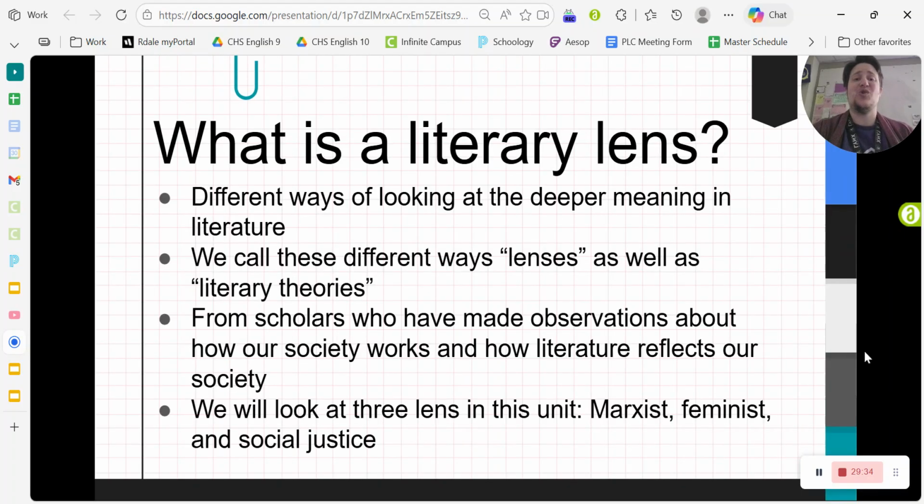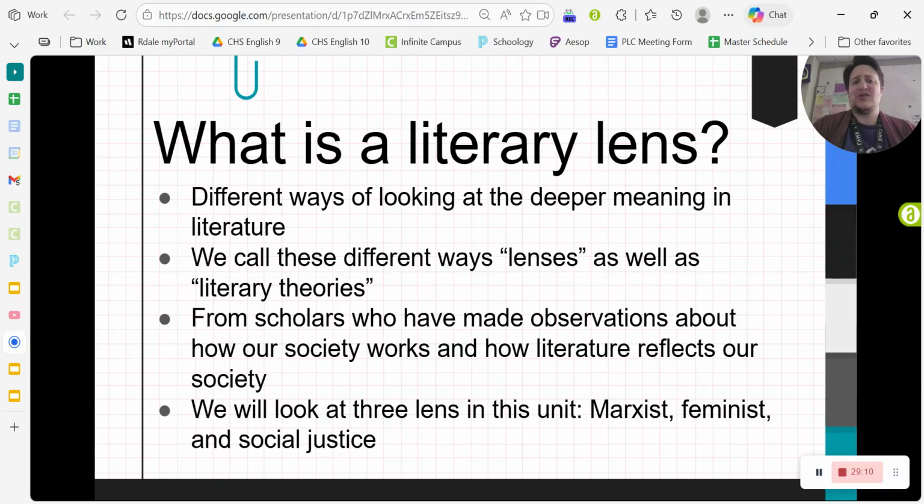So, first off, what do I mean by a literary lens? Literary lenses are different ways of looking at the deeper meaning in literature. They are called literary theories in addition to literary lenses. The two can be used interchangeably. And these are developed by scholars who have made observations about how our society works and how literature reflects our